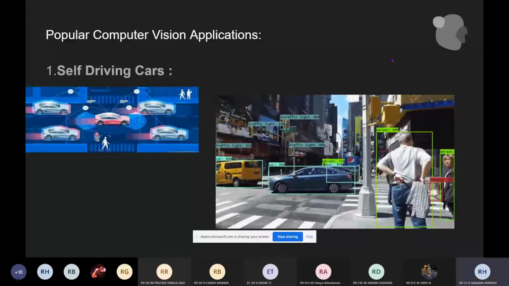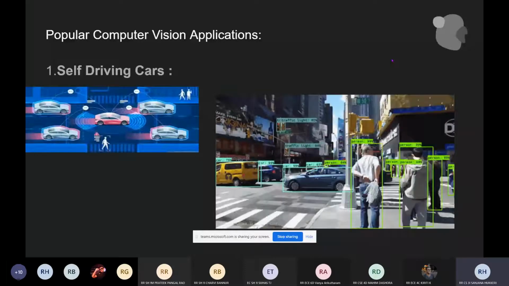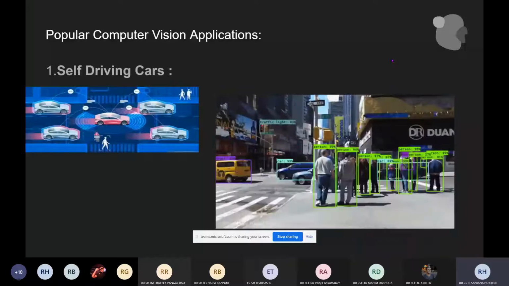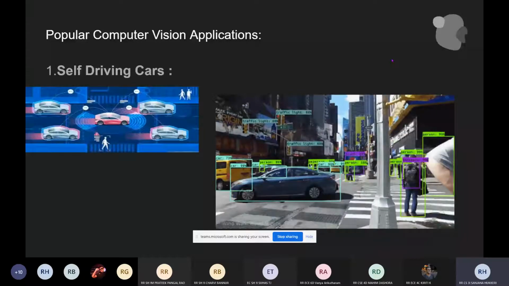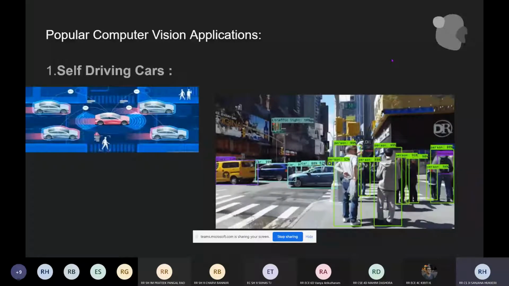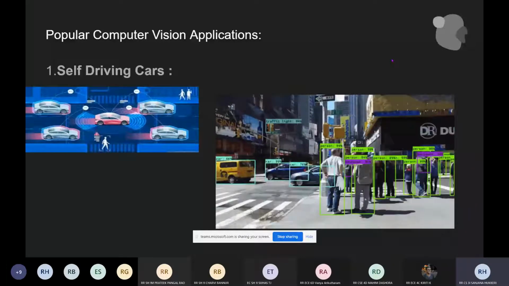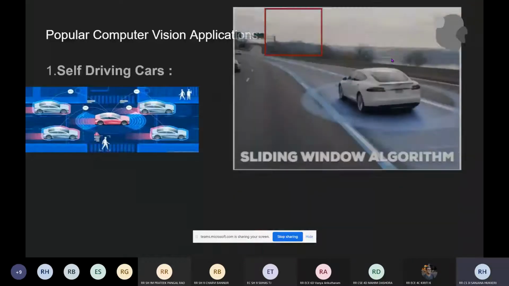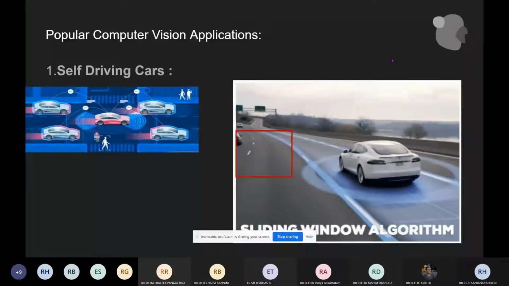However, such CNNs can usually only classify images with a single object that takes most of the portion of that image. To solve this problem, they came up with something called the sliding window algorithm.